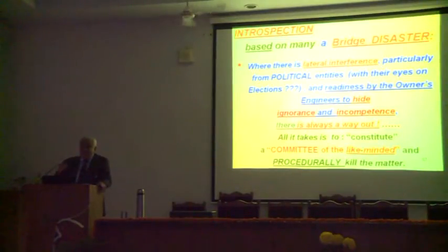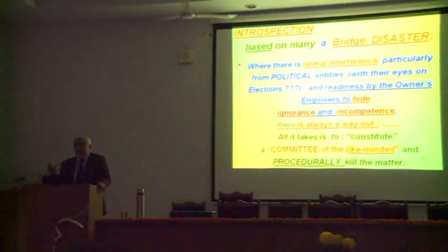Whereas in some countries, I will not name them, you already know which country I'm talking about, because of the elected people and because of the people who might like to hide their ignorance and whatever, they will sweep the whole thing under the table. You will never learn from the accident that was made most innocently,